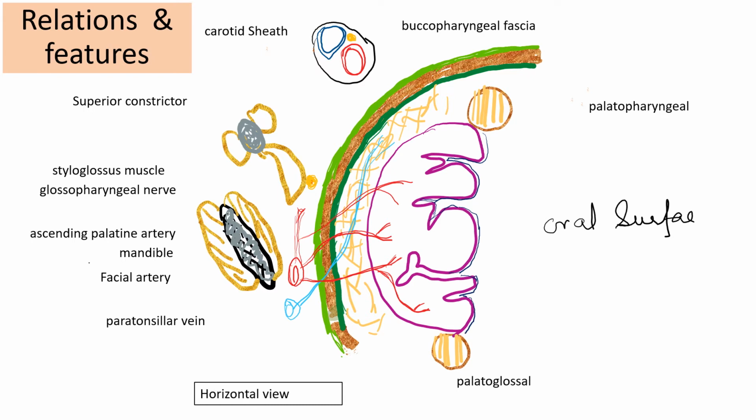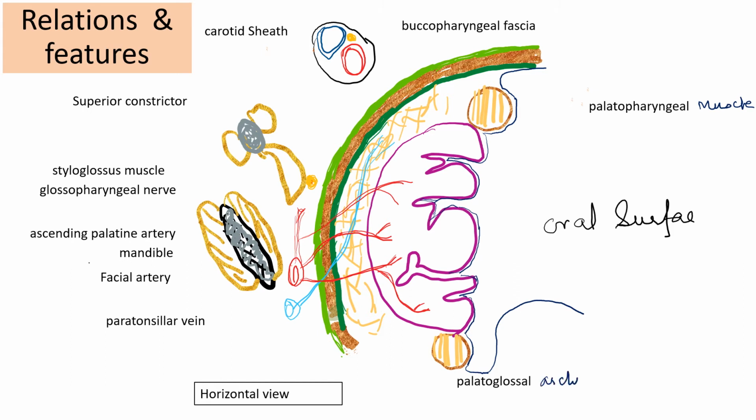So this mucous membrane will also line the palatoglossus and palatopharyngeal muscle. So palatoglossus, after lining this, will reflect onto the tongue, whereas here also the palatopharyngeal muscle is covered by the mucous membrane, and then this mucous membrane will reflect onto the pharyngeal wall. So mucous membrane with the underlying palatopharyngeus muscle is called the palatopharyngeal arch, whereas mucous membrane with the palatoglossus muscle is called the palatoglossal arch.